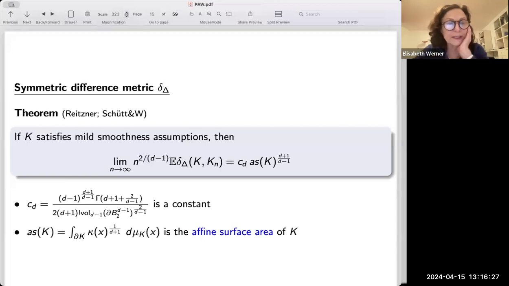Okay, so this is nice because this result tells us exactly what we can expect with respect to random approximation of a sufficiently smooth convex body when we choose the points at random on the boundary of the body. We'll have all the dependencies of all the quantities involved. Okay. Now let's pass to the other regime